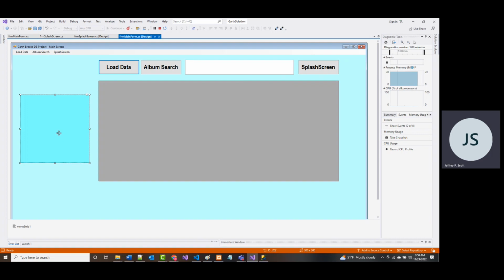Okay, so let me make sure that this is locked. It should be. I don't know, maybe for some reason it's not allowing me to lock it, but I thought you would lock that. Let me try to lock all of them and see if that locks it. No. Everything but the picture box looks like it's locked. That's locked, locked, locked, locked, locked, and not locked. I'm not sure why, but it's not locked.